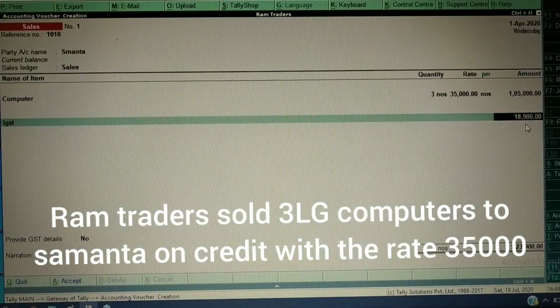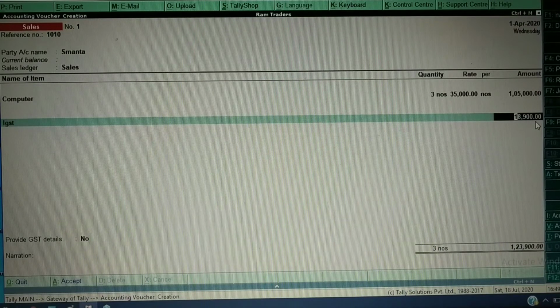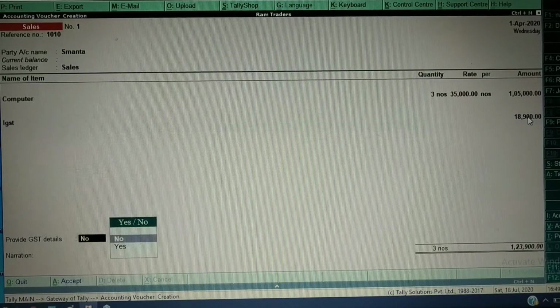Accept this. Okay, how much percent you had applied? 18% we have applied. So the current transaction contains an amount of 1,05,000. So our IGST will be 18,900 because we have taken this integrated GST at the company level of 18%. So 18,900 it contains. Accept this.